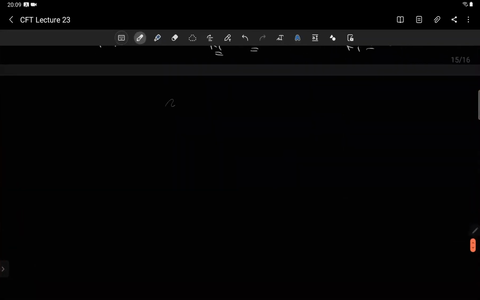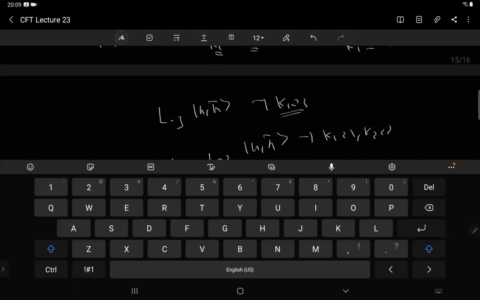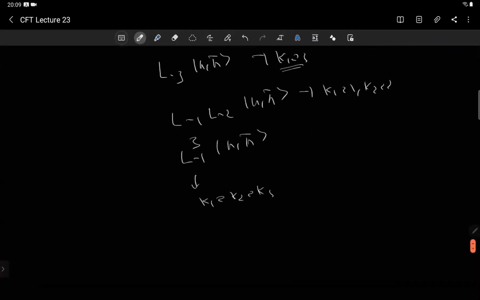সিমিলারলি তুমি যদি লেভেল 3 তে যাও, তো লেভেল 3 তে আমাদের কি কি ছিল, L মাইনাস 3 HH বার, L মাইনাস 1, L মাইনাস 2 HH বার। আরেকটা হচ্ছে L মাইনাস 1 কিউব HH বার। বুঝতে পারলে? এখানে তিনটে আছে, k1 is equal to k2 is equal to k3, আর এখানে k1 is equal to 1, k2 is equal to 2, আর এখানে k1 is equal to 3। তো সব স্টেটগুলোকে এইভাবে লেখা যেতে পারে। এগুলো সব হচ্ছে লেভেল 3 ডিসেন্ডেন্ট স্টেটস অফ HH বার।